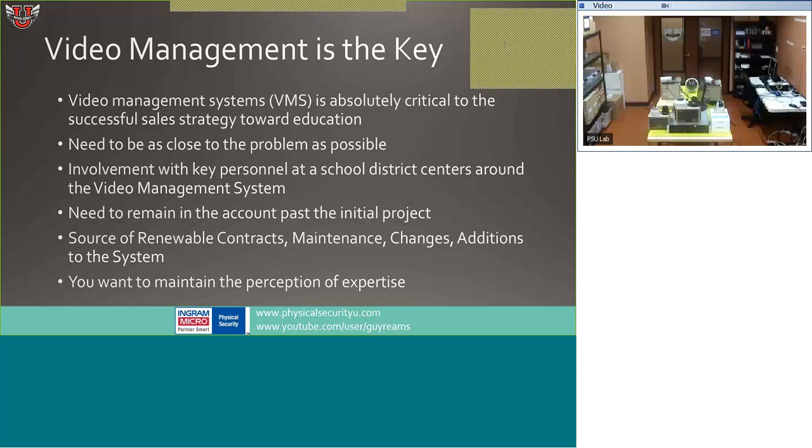And they're usually very eager to help distribute those funds to you if you were the one that helped to obtain them. They usually will throw up something that they need to actually do this on a public bid. And they will usually do it as a public bid, but usually you will win. You can usually get around the public bid process by finding an already bid public contract that has the products you want. Another way to get around it is, yes, indeed, have the school district go out to public bid,